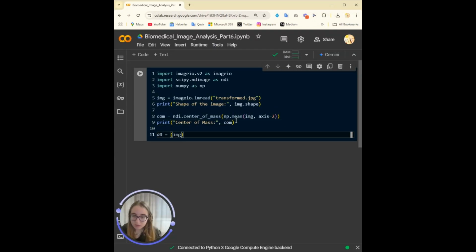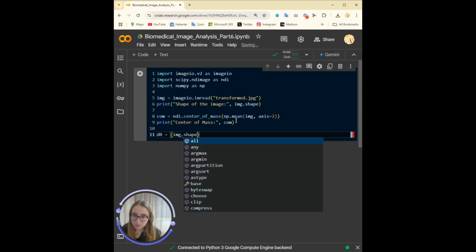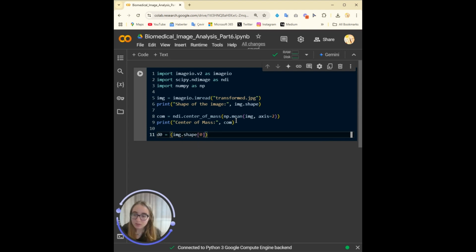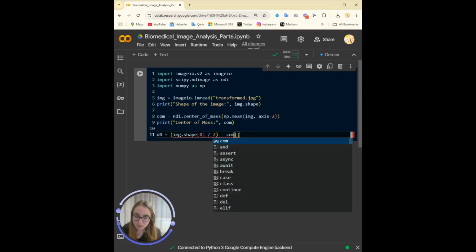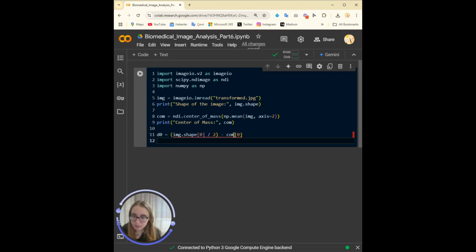Let's calculate how much we need to shift it in the 0th dimension. With this, we have calculated the middle of the image in the 0th dimension, so basically the x-axis, and then taken the center of mass and subtracted it from it. Did I make an error here?